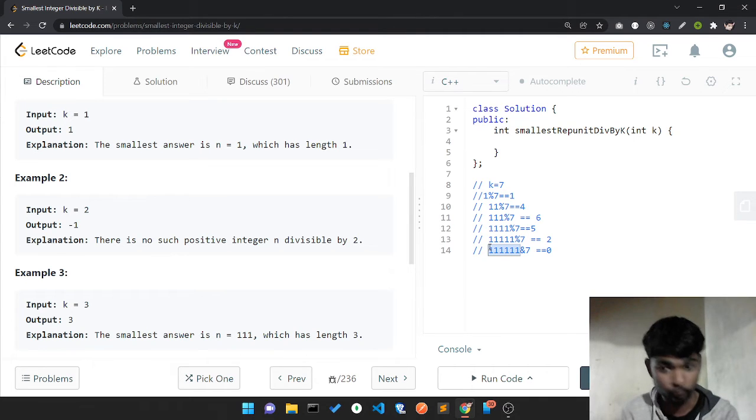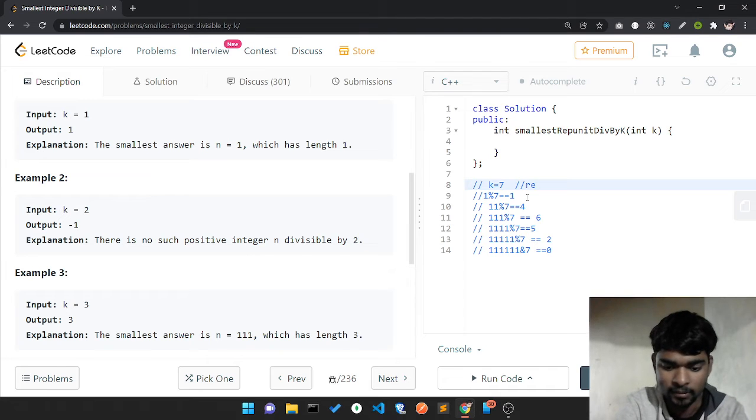But how do I compute it? One thing I notice is, I'll take this 1, it's 1, I take the modulo and get remainder 1. What I'm going to do is multiply by 10 and add this 1. Currently the remainder is 0. In the initial case our remainder is 0 when we have no element.